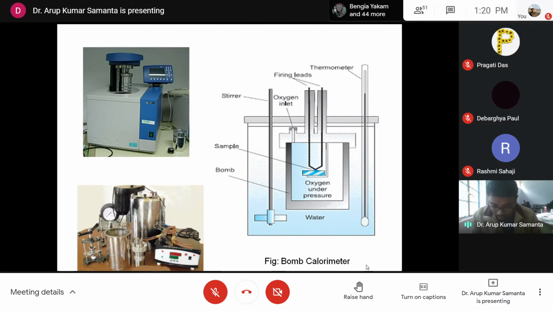So 2-3 important points you have to remember. One is that the quantity of water generally put in the bomb calorimeter is 2000 gram. The quantity of feed generally taken in the container is 1 to 1.5 gram. Then the oxygen pressure to be maintained is 25 to 30 atmospheric pressure, and the standard sample, other than the feed samples, is benzoic acid. Okay.